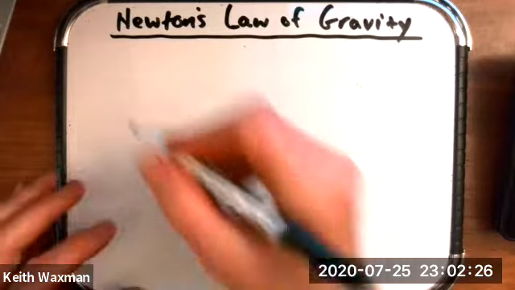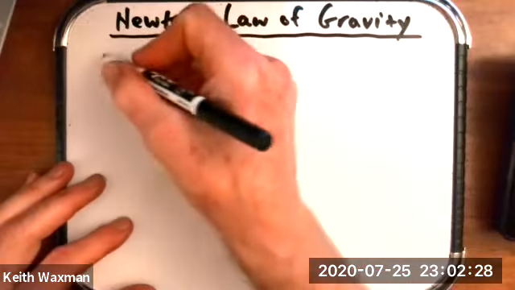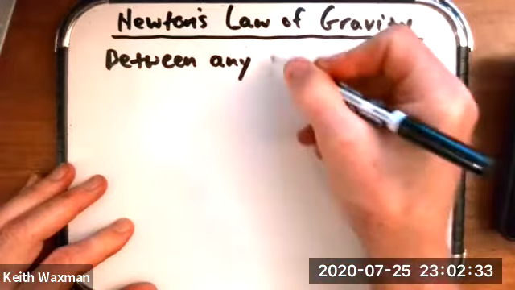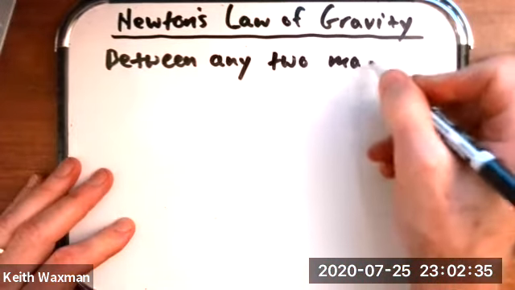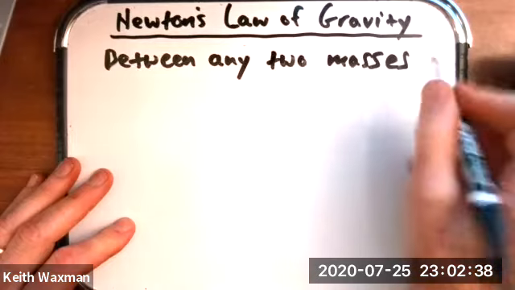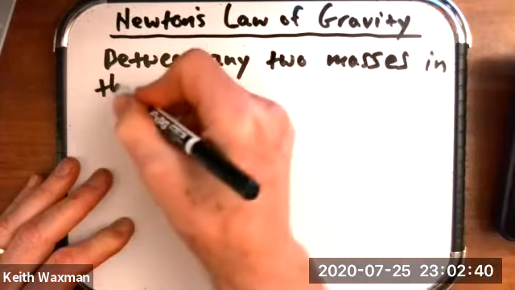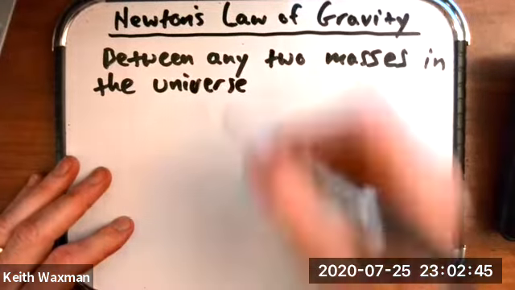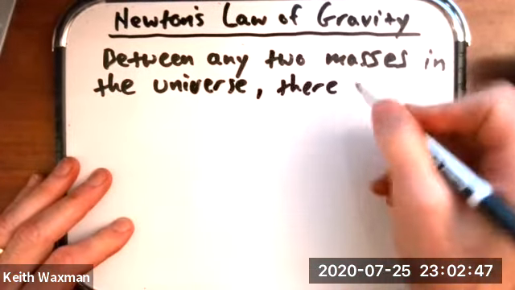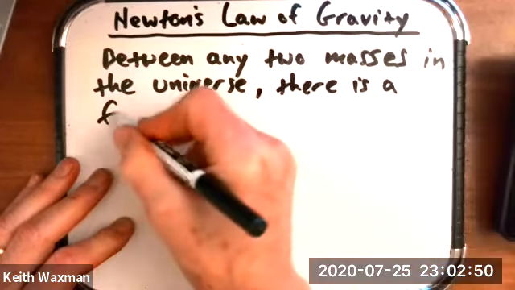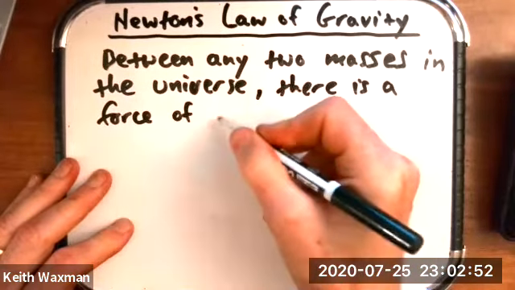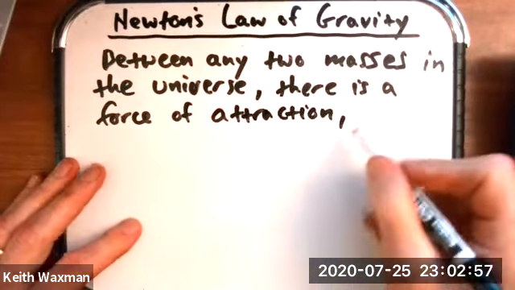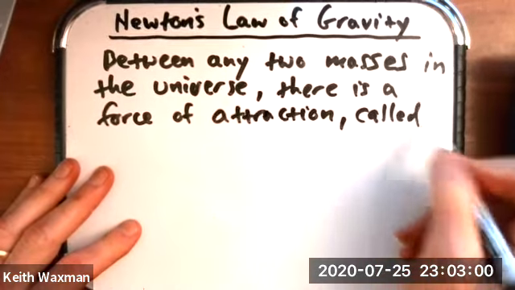So the law of gravity says this: between any two masses in the universe, there is a force of attraction called gravity, which he called gravity,